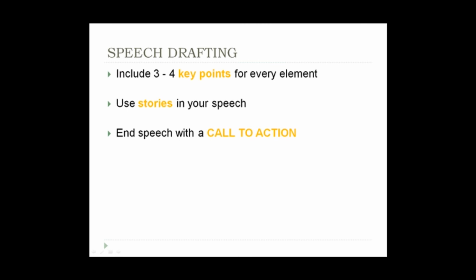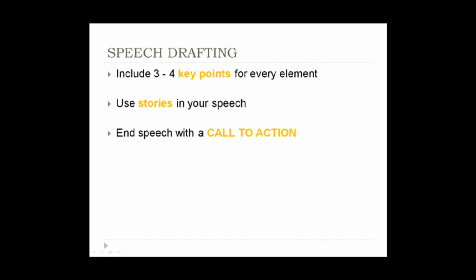Speech drafting. Drafting your speech follows after crafting your presentation slides, or mind map for some more experienced speakers. Identify your topic and goal. Write your opening lines and follow with 3 to 4 key points, accompanied by backup points and summarized with a conclusion. Once you have written down your points, you can now craft your presentation based on the following outline.